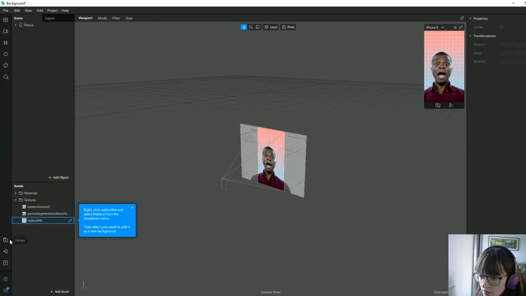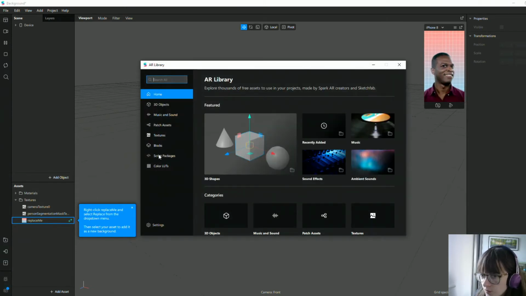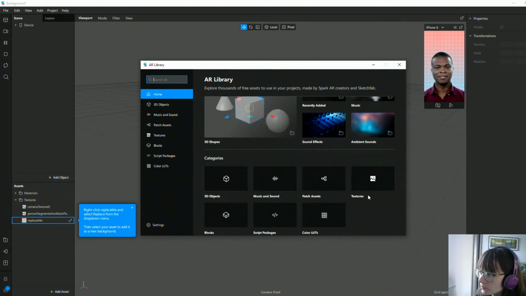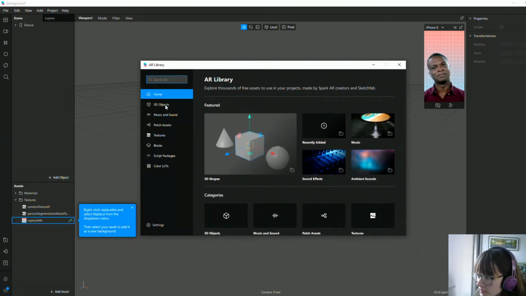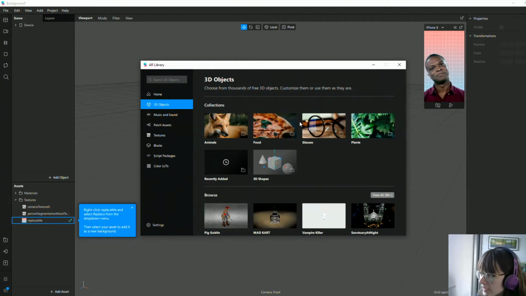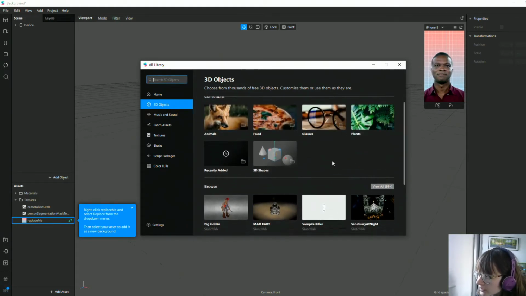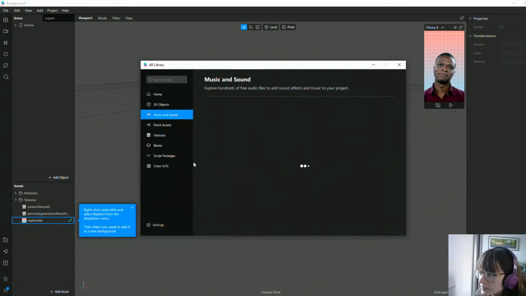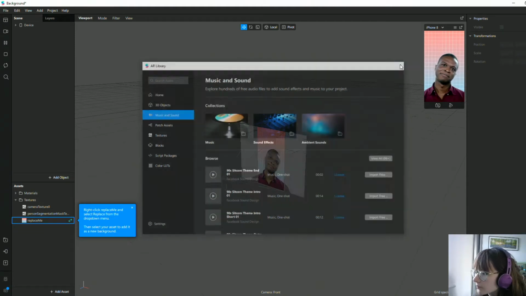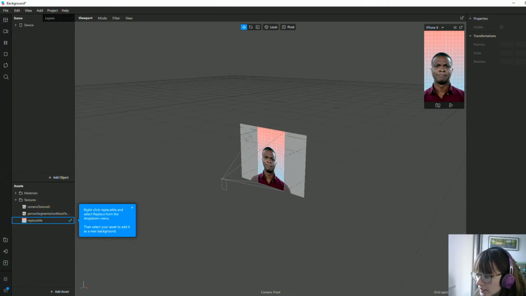Some things to highlight with Spark AR. So down here we've got a library of content. I'm expecting you may have your own, but there's a library of content that we can call upon from 3D objects, sound, textures, those kinds of things. If you've got any photogrammetry scans, LiDAR scans, if you fancy and got a new iPhone, or if you've got any 3D models that you've uploaded to Sketchfab, if you search in here you can find different 3D models. There's sound, etc. But I'm going to drag in my own image,